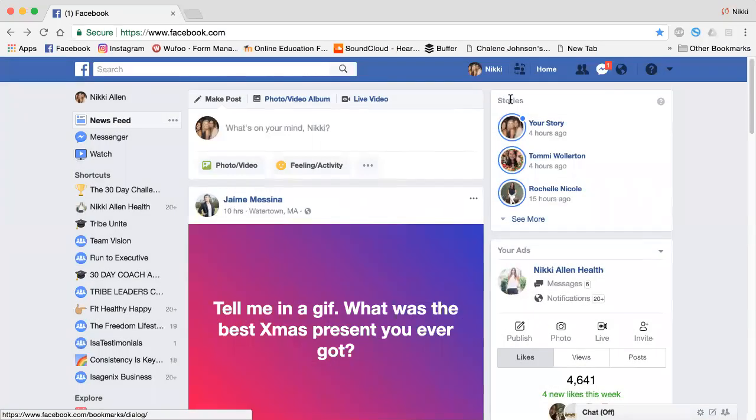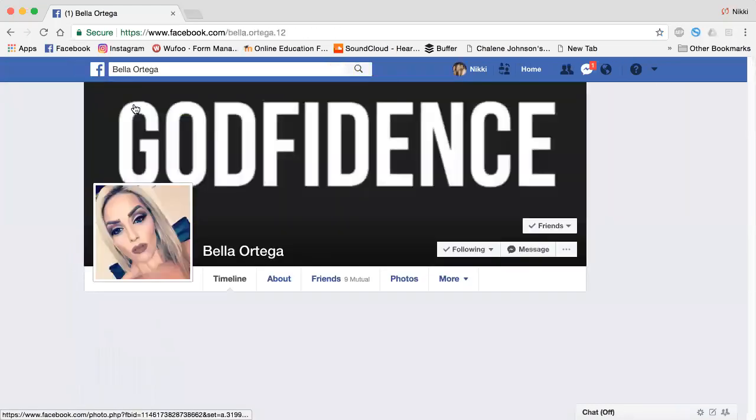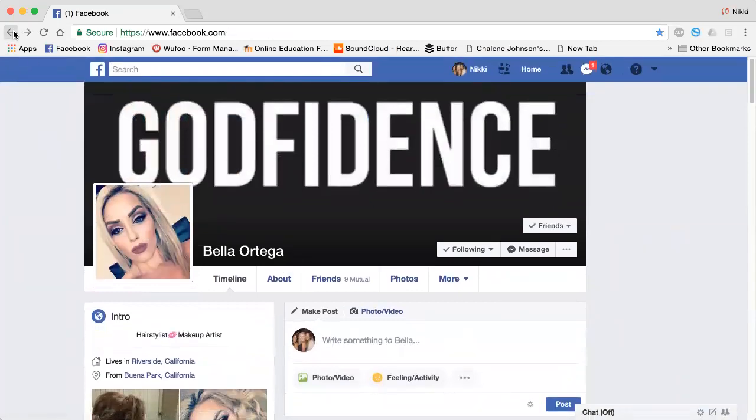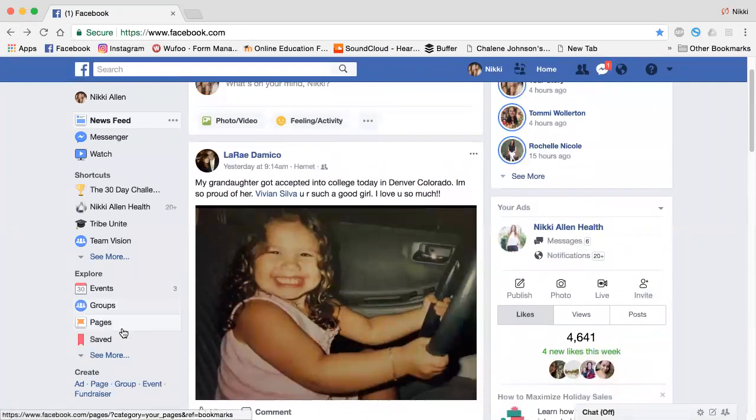Next, and this is a great one. Say that you're building relationships with people, right? I'm just going to use Bella, for example. So I have to click on Bella, go under her profile, and go through her posts. And that takes some time, right? So what I like to do is go in and add a friends list, or add a list. And how you do this is,